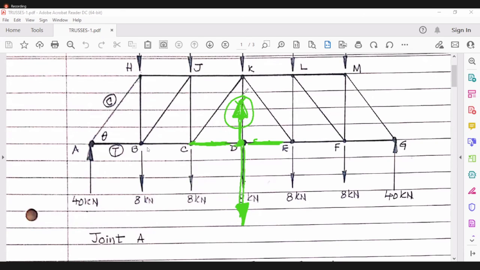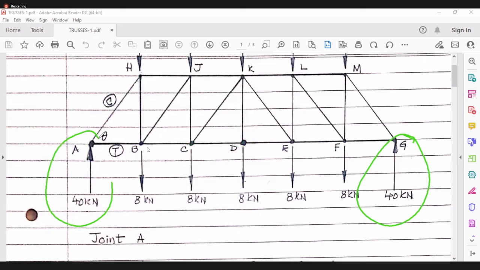Is this clear? A little bit, sir. Tension in KD: the moment you look at the joint, even without finding the support reactions, you can be sure that this element KD is pulling the joint upward. KD is pulling the joint, so the joint is pulling KD, so this particular part is in tension,